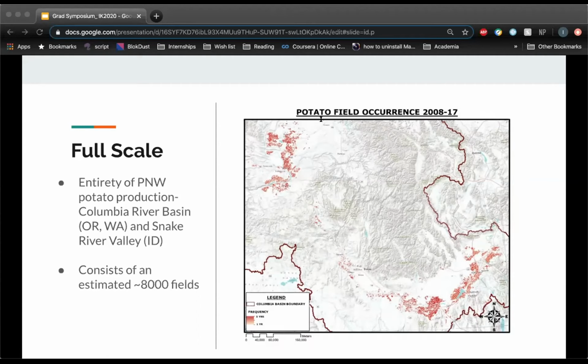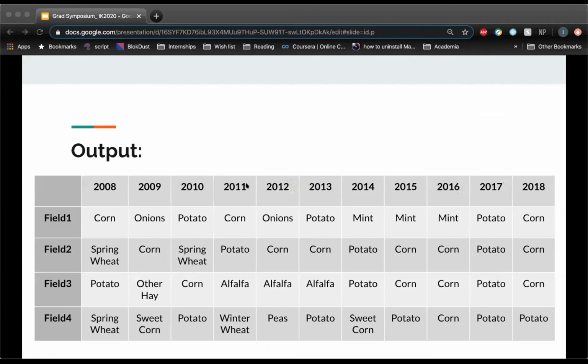This map shows potato pixel frequency in the same manner as the previous heat map. It's just not fully digitized yet. Just for reference, on the upper left, we have the Columbia River Valley, where Oregon and Washington meet, and on the lower right is mainly Idaho along the Snake River Valley. And to reiterate, we're not just getting the years that the fields have had potatoes grown in them. We're getting the entire crop history, which is what we need.